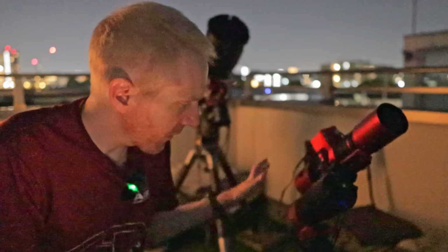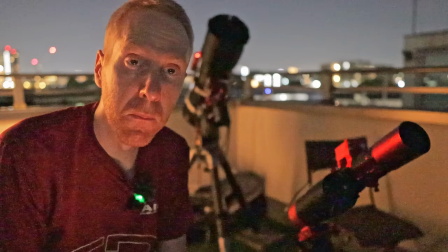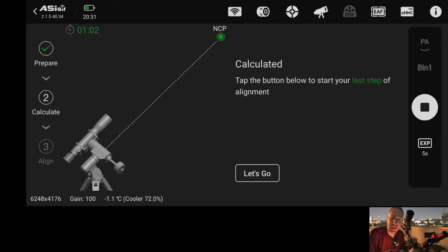So that's where this camera basically controls everything, as long as it is compatible. So the electronic focuser and electronic filter wheel have to be ZWO. And if you want to use a different guide camera than the one that's inside the camera body, you have to use a ZWO guide camera in that case. But because the camera has everything integrated, it's not such a limitation as it is with the standard ASI